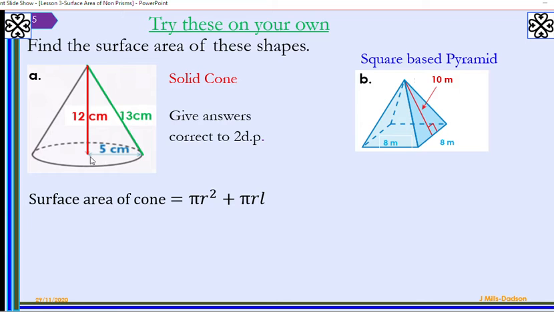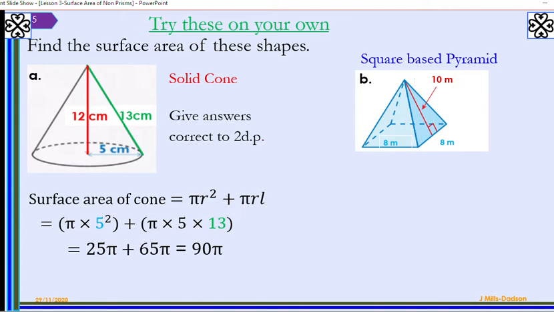5 cm is my radius, 13 is my slant height L. Substituting into the formula, this is what I'm going to have: pi times 5 squared plus pi times 5 times 13. That works out as 25 pi plus 65 pi, which is 90 pi. You leave your answer as 90 pi if you are asked to give your answer in terms of pi. But here it is 2 decimal places, so we're going to have 282.74